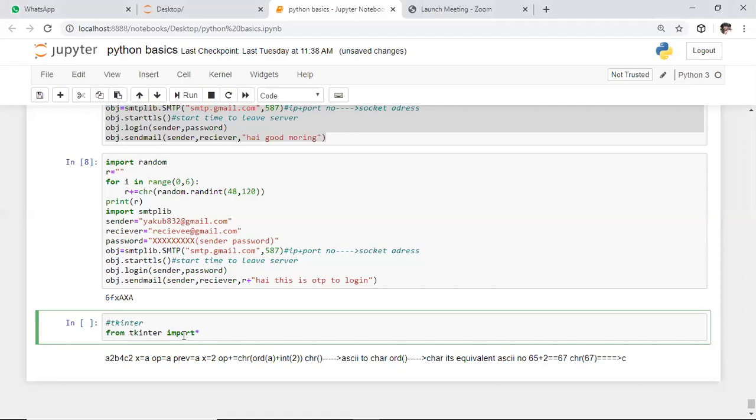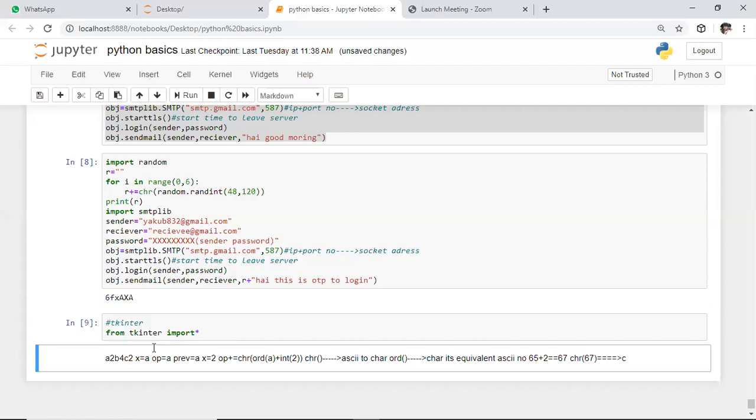Yes, it is not giving any error, and it executed successfully. That's why this module is already present in my laptop. So after this, whenever you use this module, we need to create a frame. Here, to create a frame, I'm using a frame variable. TK is a function which is used to create a frame.